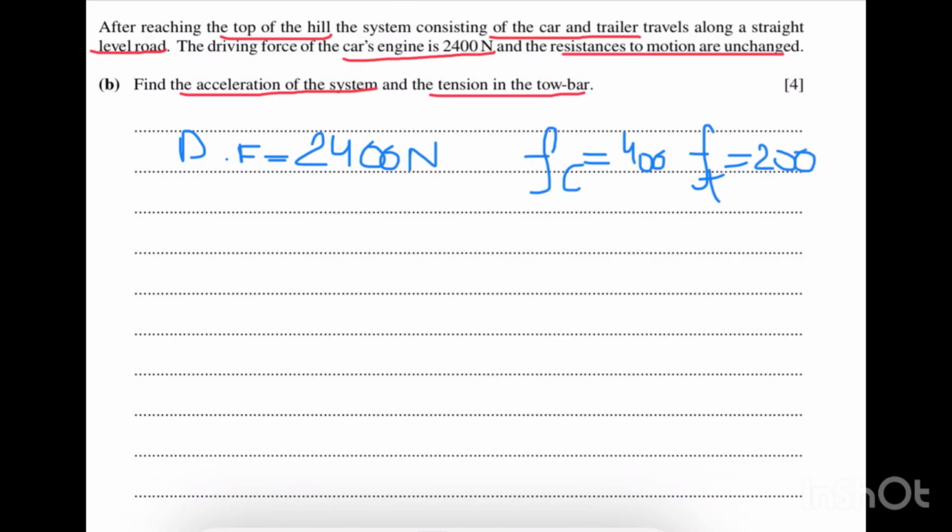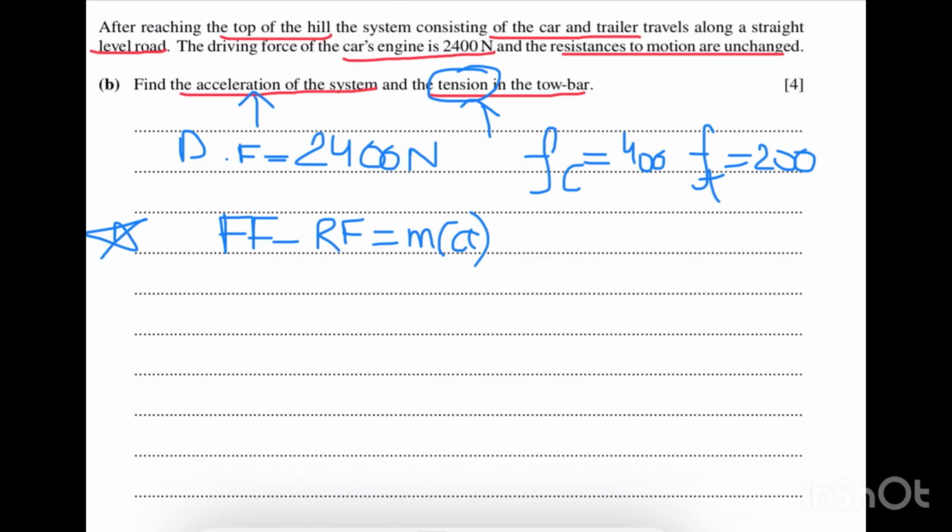So in order to find the acceleration and the tension in the tow bar, we will use the forces formula, which is forward force minus resistive force is equal to the mass multiplied by the acceleration. This is the best option since it includes both the acceleration and the tension in the tow bar. So now when we're using the forces formula, we will not look at the entire system, rather we will look